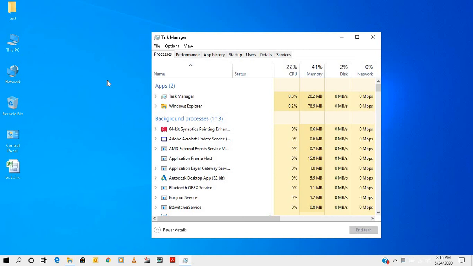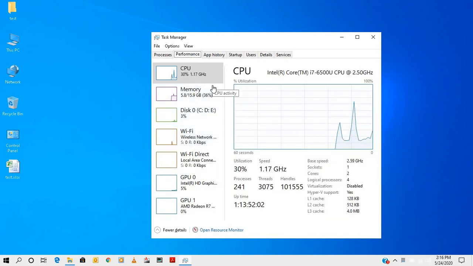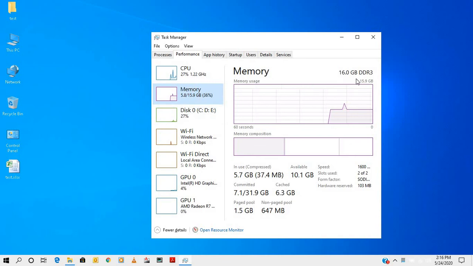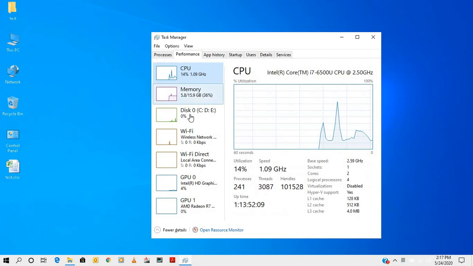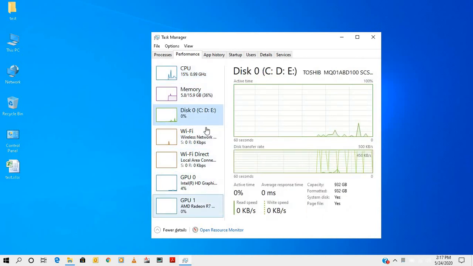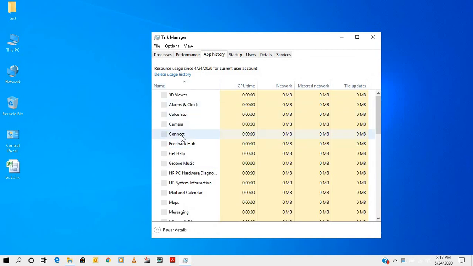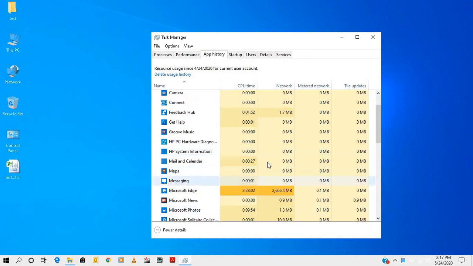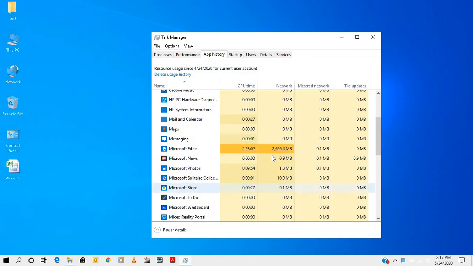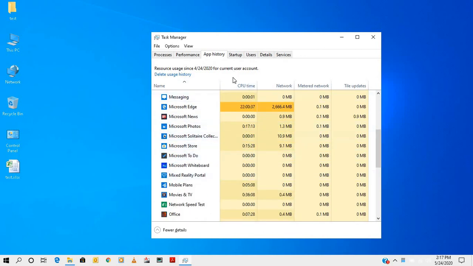Its name is Task Manager, and it shows what processes are going on in the background, as well as the current ones. Apart from that, it shows the performance of your CPU, your memory, what the memory size is, and out of the memory size, what your usage is, your CPU, your disk, and your Wi-Fi, and a lot of things. Apart from that, your app history shows what apps are being used and what network bandwidth they are taking. All the things are here.